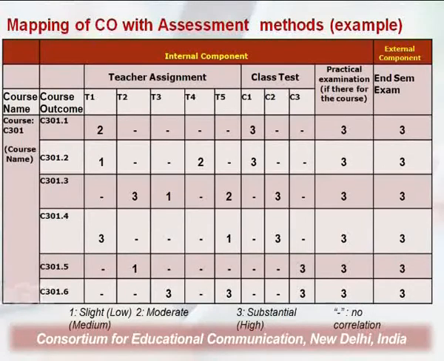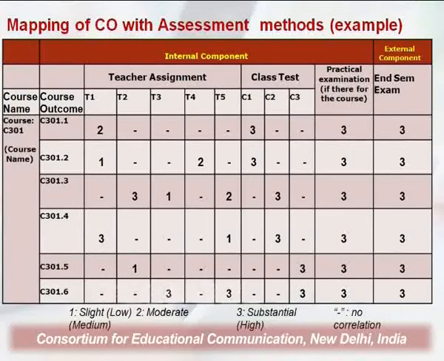And in the first outcome we have T12 and the next is C13, the practical examination 3, and the end of the semester exam 3. So similarly we have for CO2, CO3, CO4, CO5 and CO6. If you see that the number given in the matrix is 1, it shows that the level of attainment is very low. If it is 2, it is moderate or medium, and if it is 3, it is substantially high,